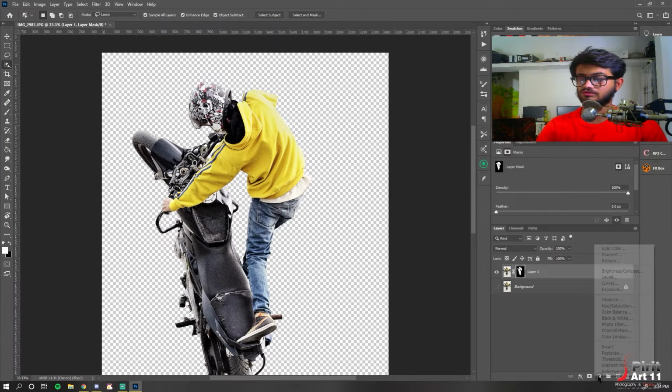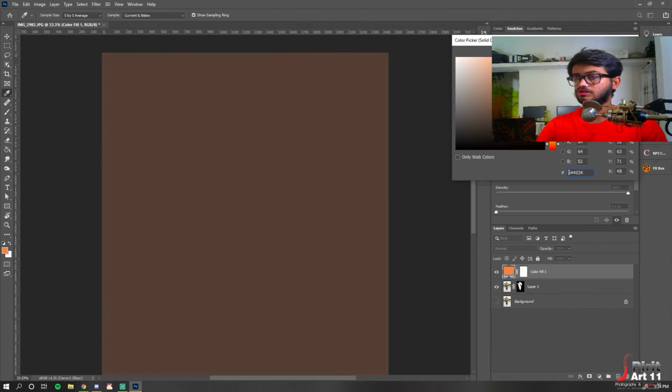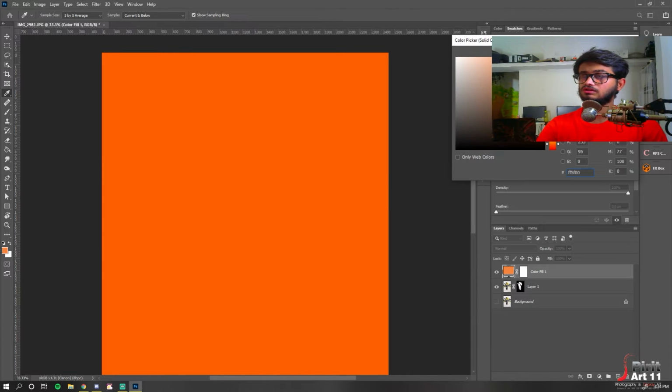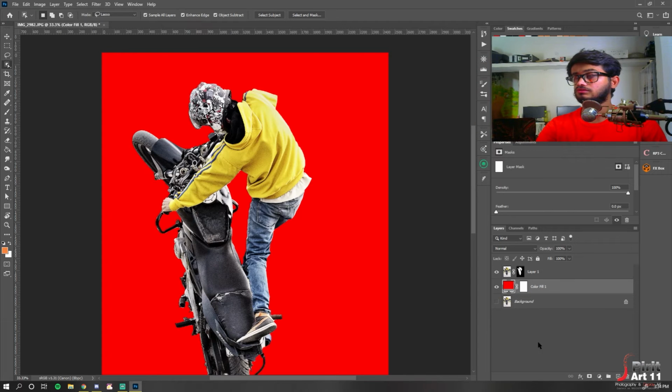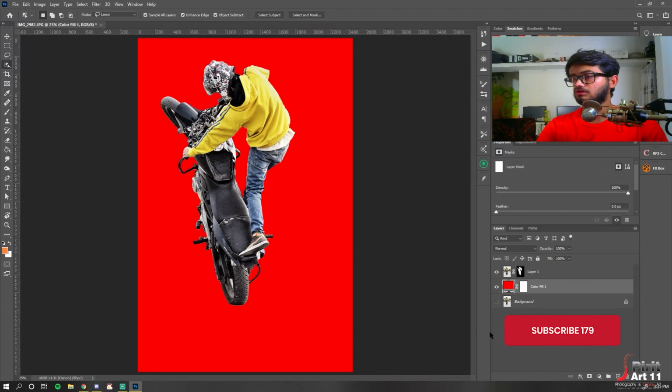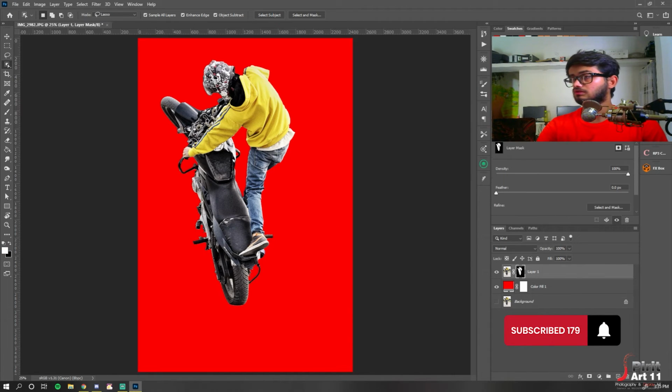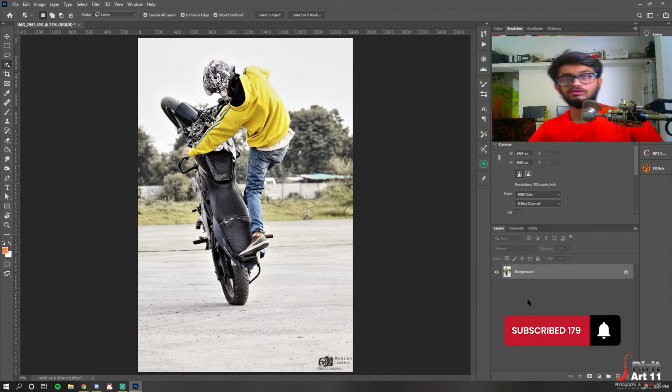better mask out. And to check it out, I have chosen a solid color layer in red, so I can easily check how well it has been masked. So this was the basic object selection tool where you can subtract the object from the background so you can